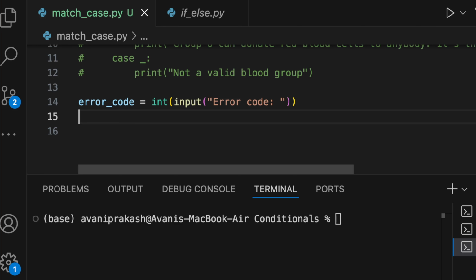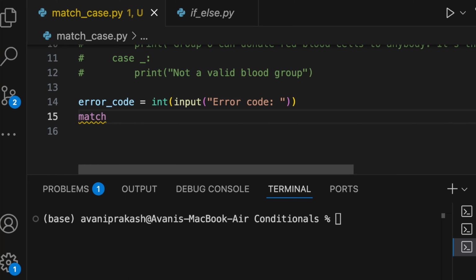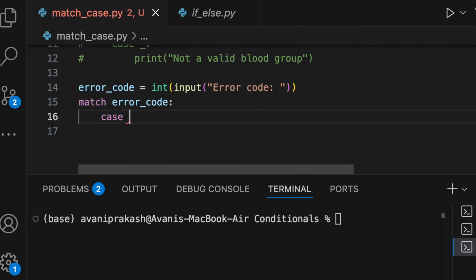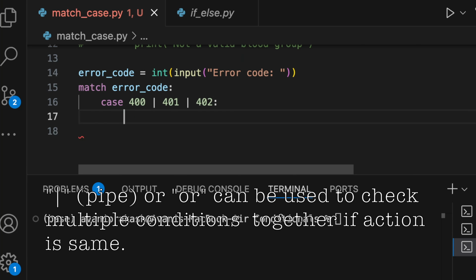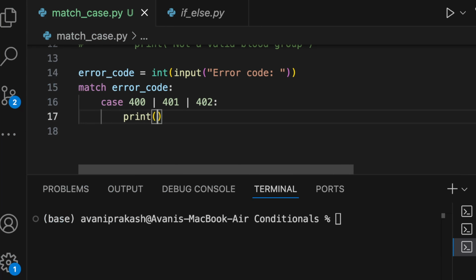As explained in my first example, we are going to match this error code. So I am going to write here again match error code, case I say 400. I am going to use the pipe symbol, 400 again, or 402. I would say print bad request,